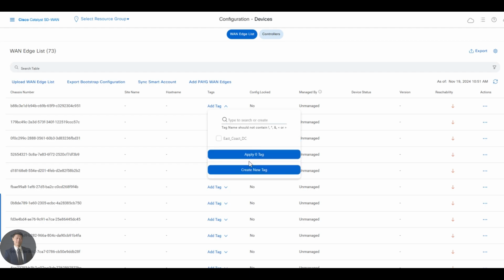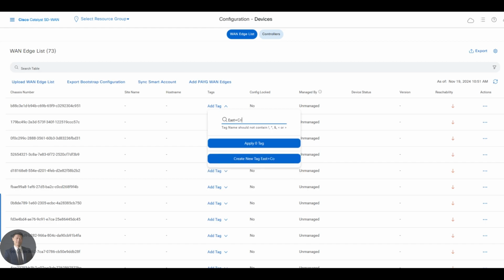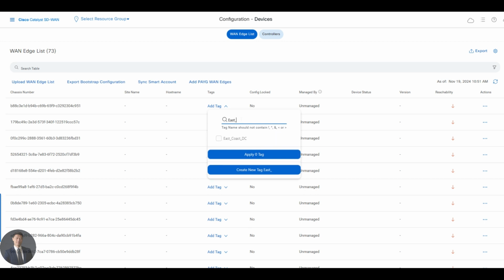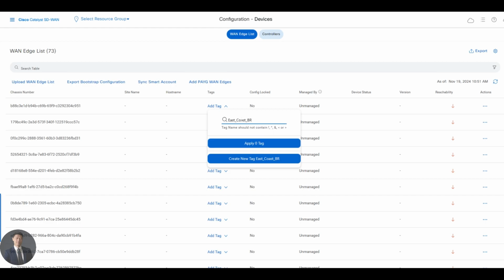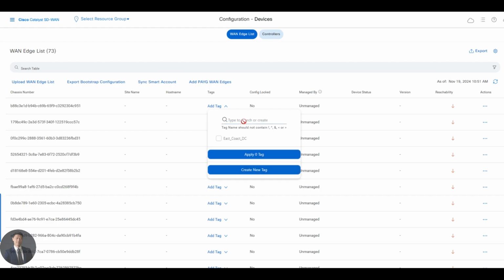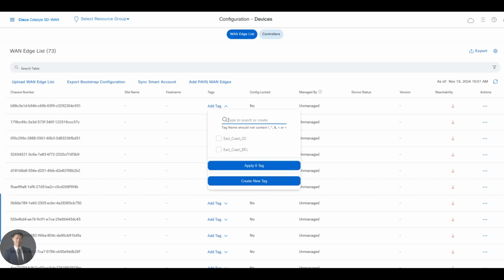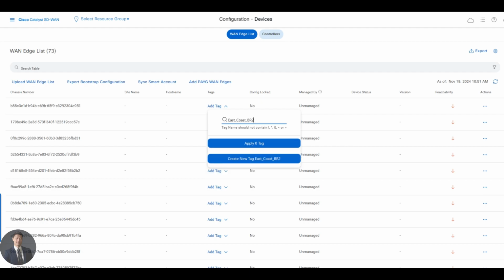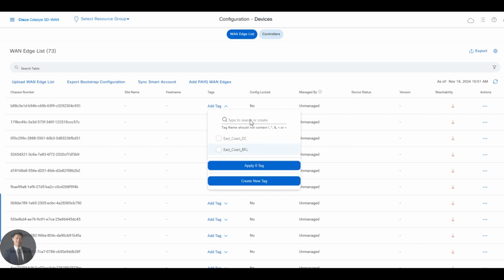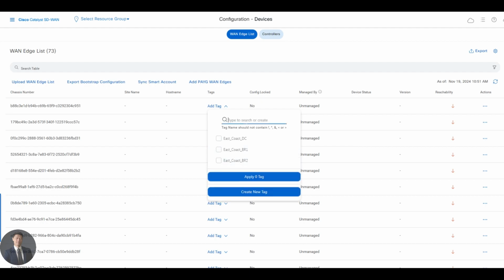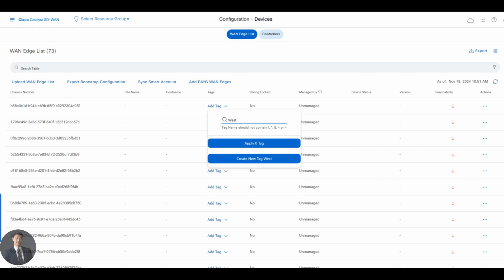And similarly, we're going to create another one, East Coast BR1. We're then going to create East Coast BR2, and West Coast DC,